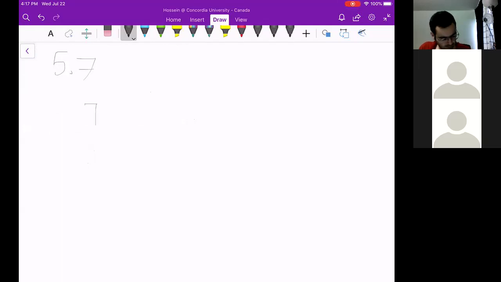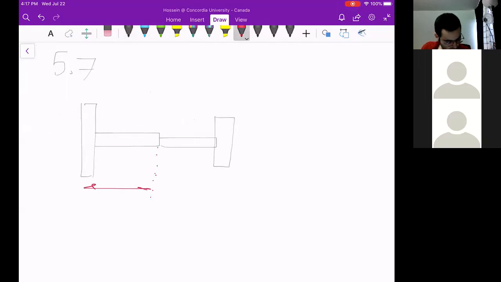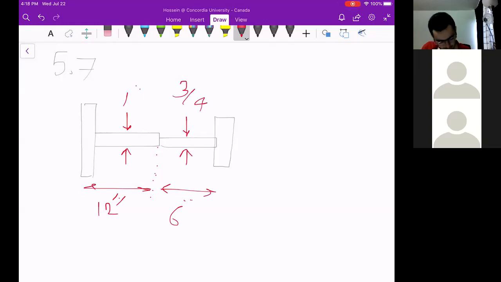So there is a torsional system which consists of 2 torsional systems like this, and this is going to be 12 inches and this is 6 inches, and the diameter is 1 inch, and here it is 3/4 inches, and also the mass moment of inertia for the right wheel